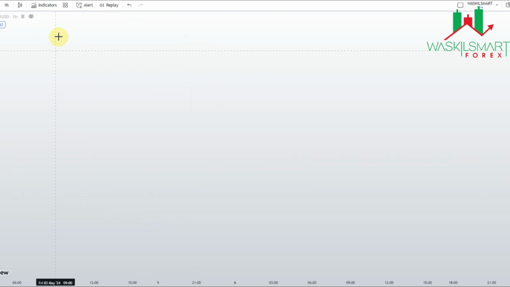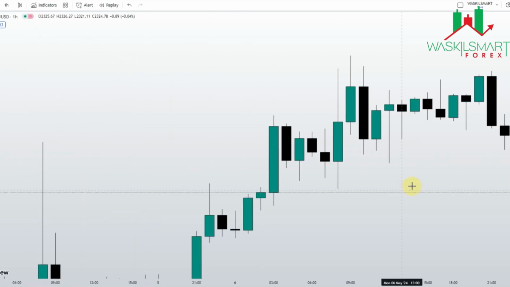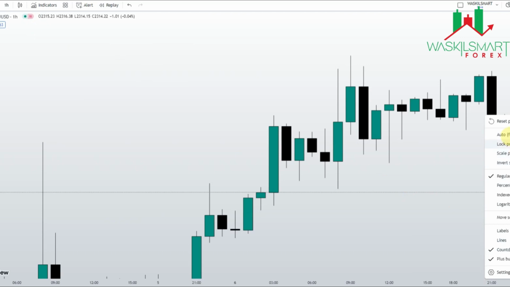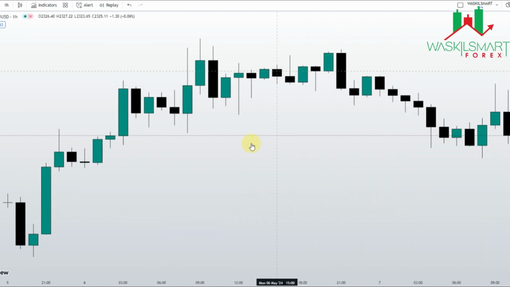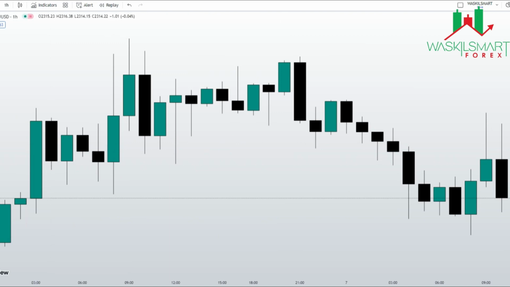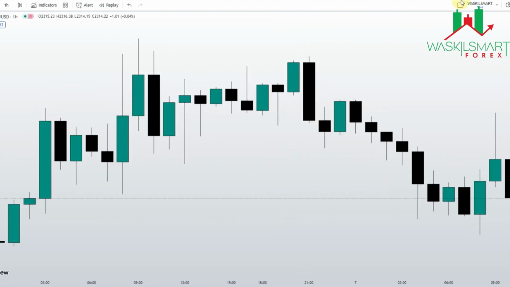So let me just open you up to something. Okay, this is good. 1 hour charts. I just want to show you an example. You can see an example here also. Like this is not actually what I want to show you, but let's work with this also because I think this is a good example here. This is a good example.